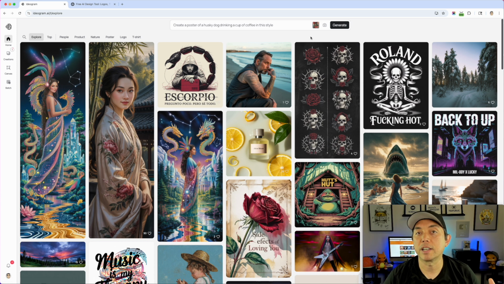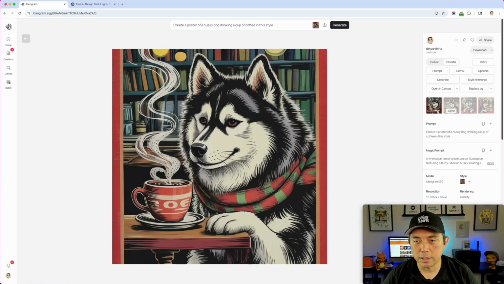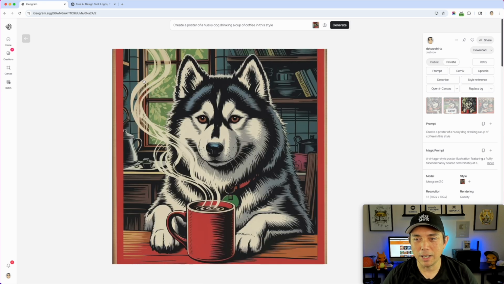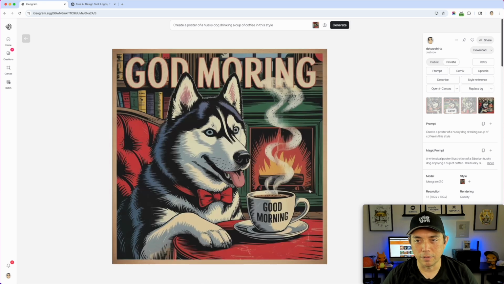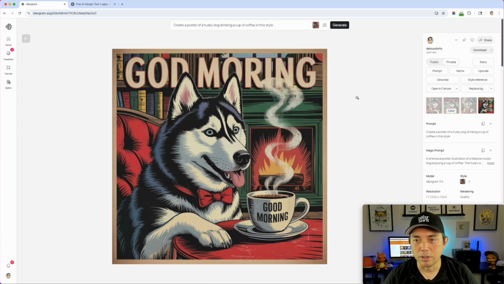Now this one doesn't have any text in it, it's just graphics. And let's see if it understands the style of this. So here are the designs that it made. It kind of cut off the top. It is a husky drinking coffee, which is cool. This one, it's kind of cool too. And this one, maybe I did the wrong size because I did 1 by 1 where the poster's a little taller, but it should have adjusted. It's okay. I don't think it's the same style as this right here, and it's using that as reference. So I don't know. We'll see how well Playground does with the same thing.